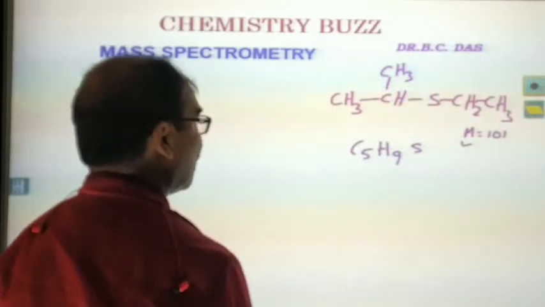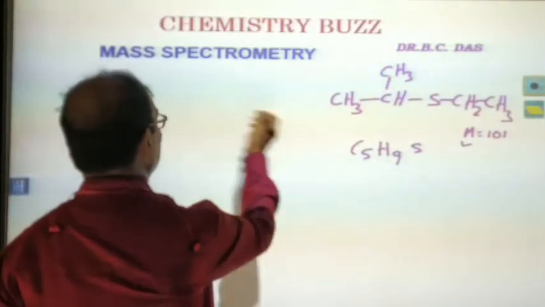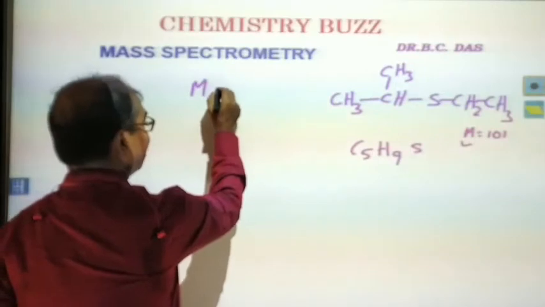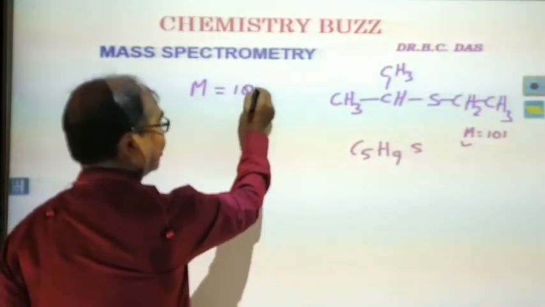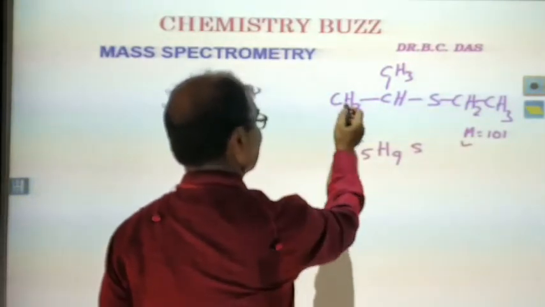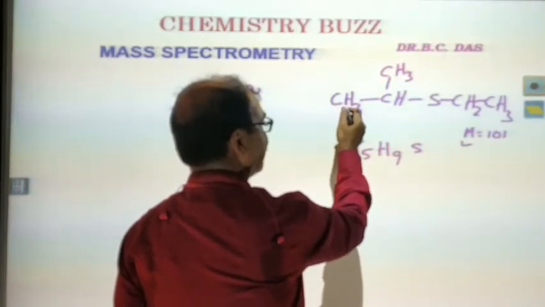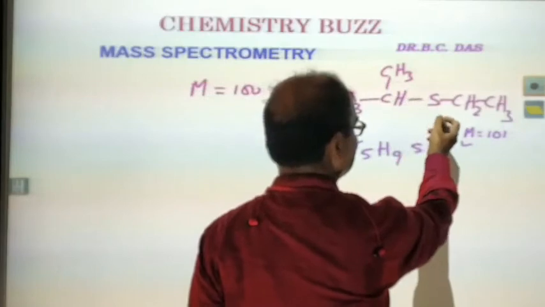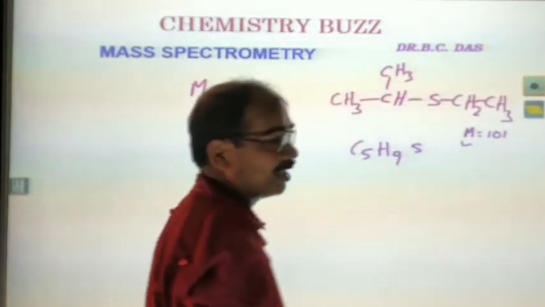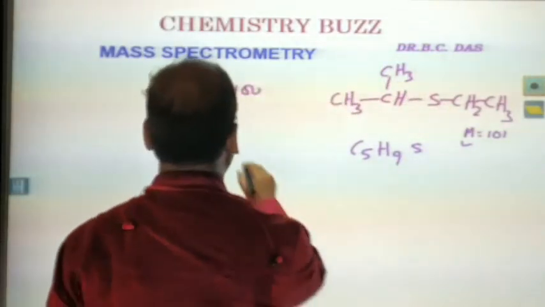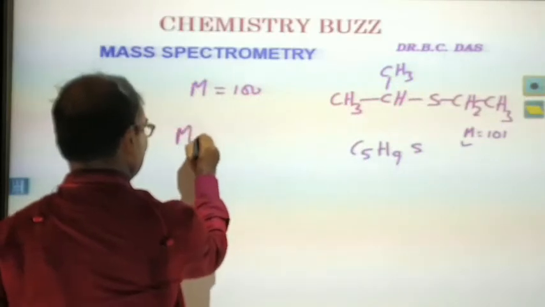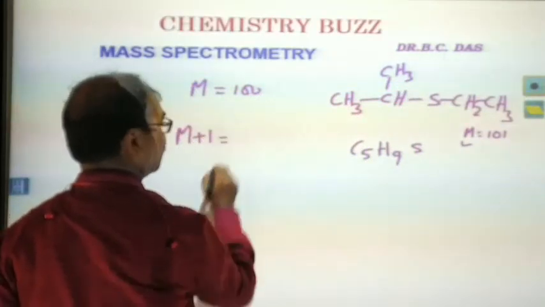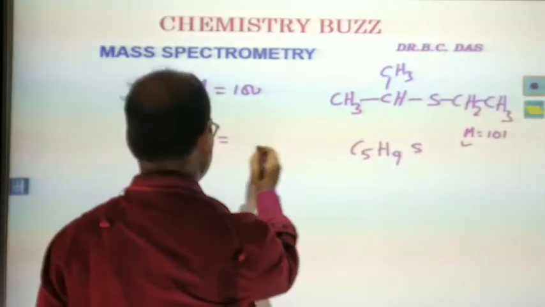So how can we calculate the m plus 1 and m plus 2? For m the calculation is 100%, because for m the C12 isotope is 100% and H1 is 100% and S32 is 100%. So for calculation of m plus 1, okay,